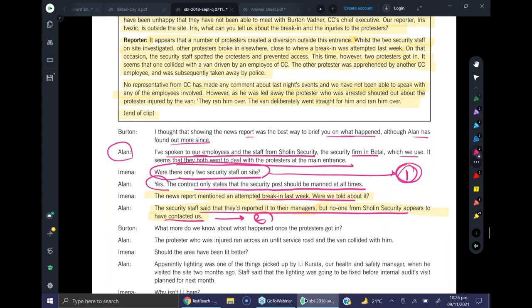There has to be a defined mechanism, can I say, which we should set and finalize with the security firm, that whenever something out of the ordinary happens, they are supposed to inform the relevant person at CC, and we should also highlight which team or which person is the relevant person. Specific instructions for the security company. Exactly. So this is how you can